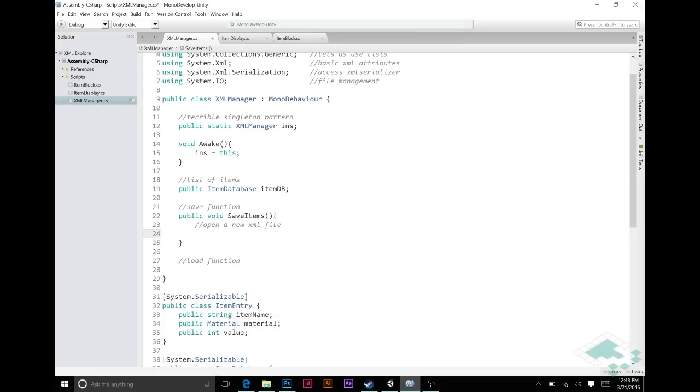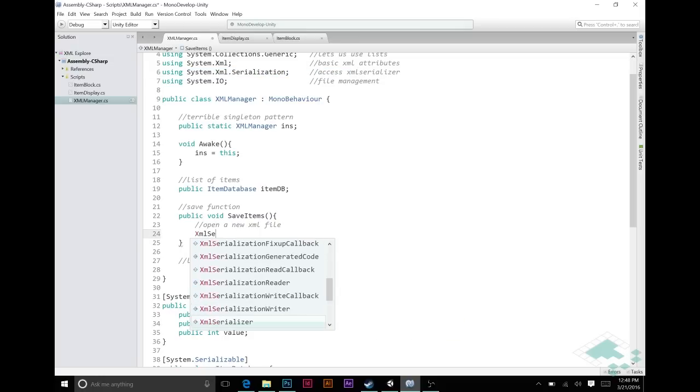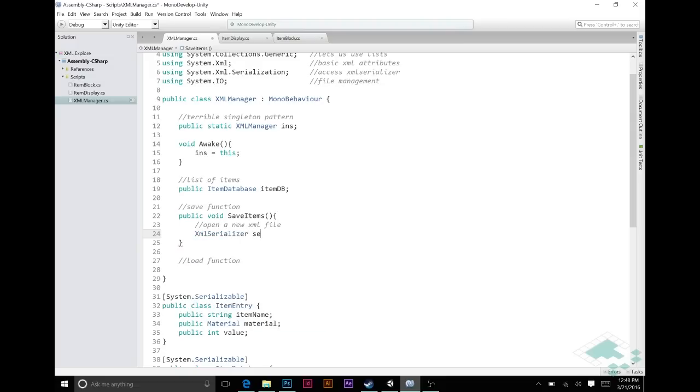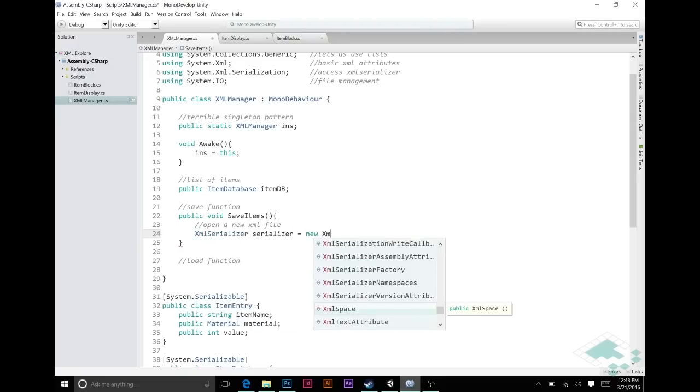How do we do this? We need 2 things that I kind of talked about before in order to save Unity information into a file. First thing we need is an XML serializer, and that's what's going to take Unity data and make it into XML data. We can do that because we have our System.Xml.Serialization here. And we can say XmlSerializer, we'll just call that serializer, equals a new XmlSerializer,